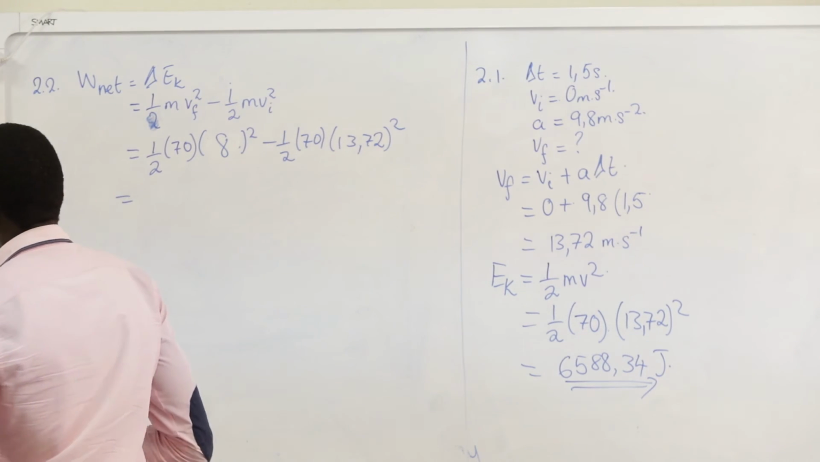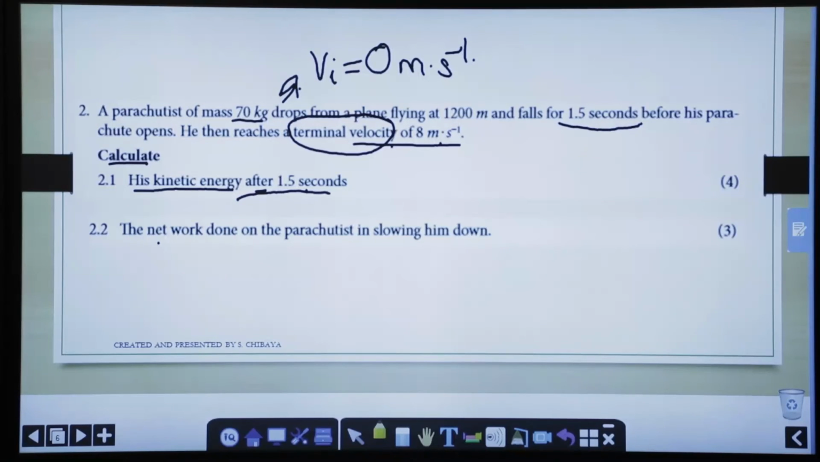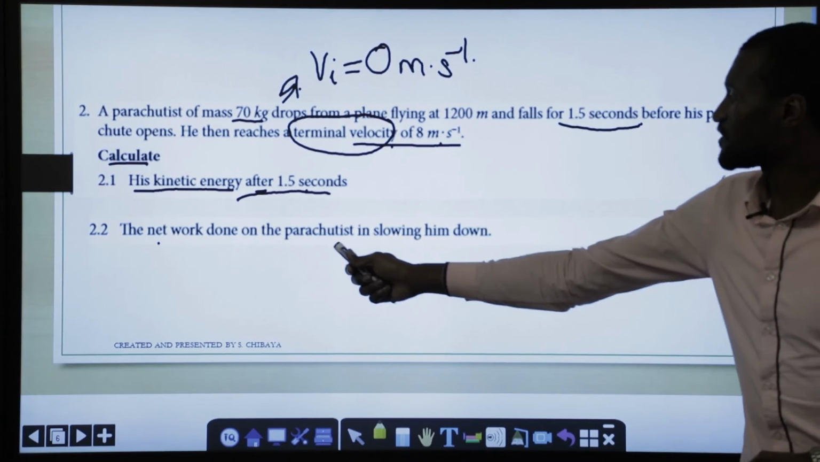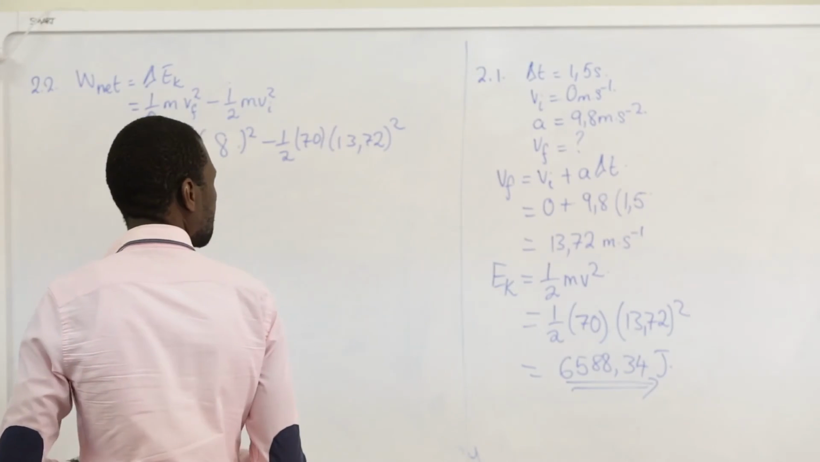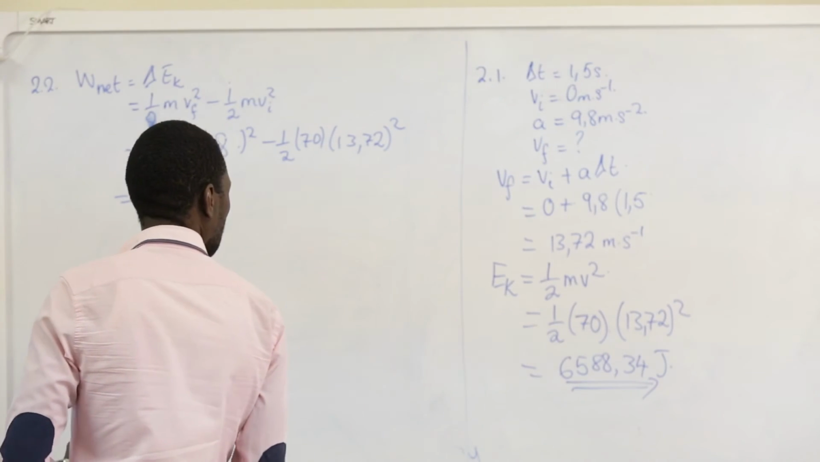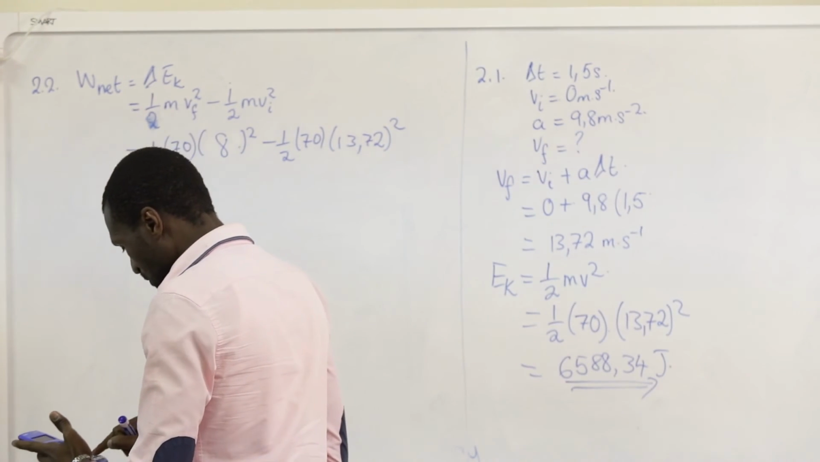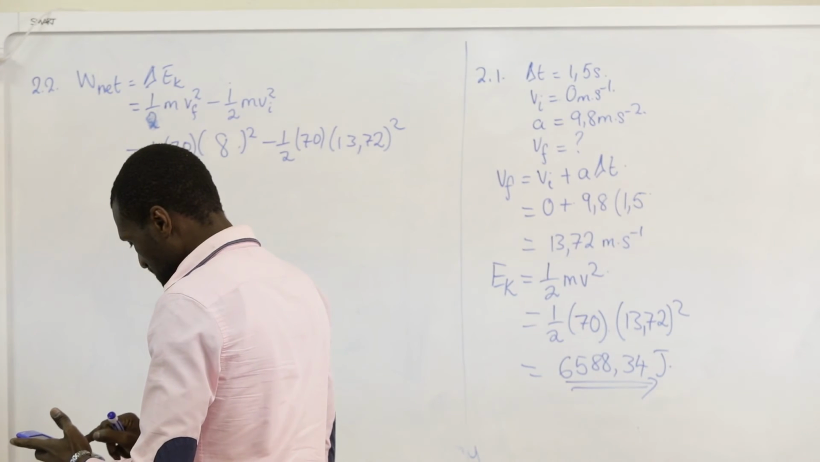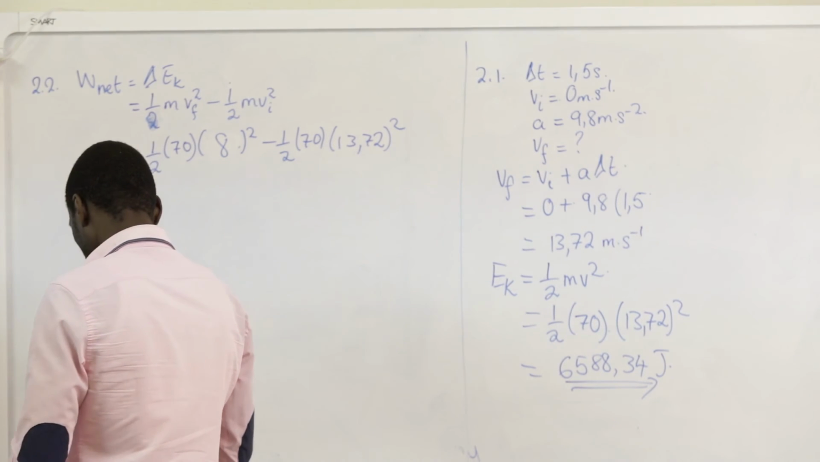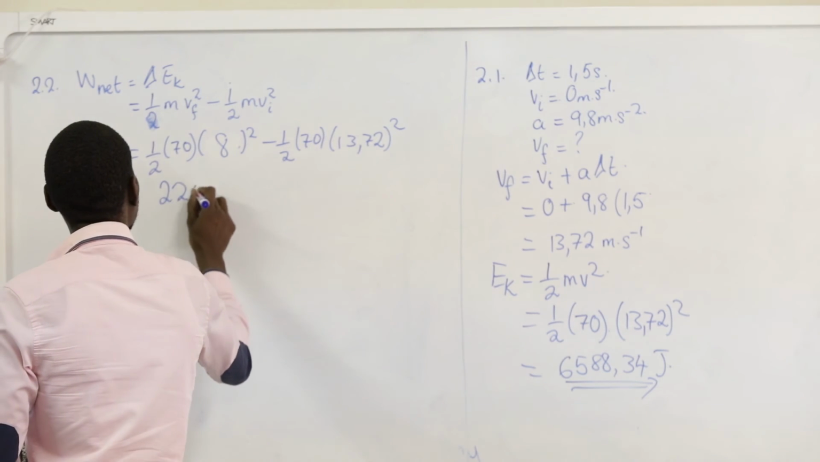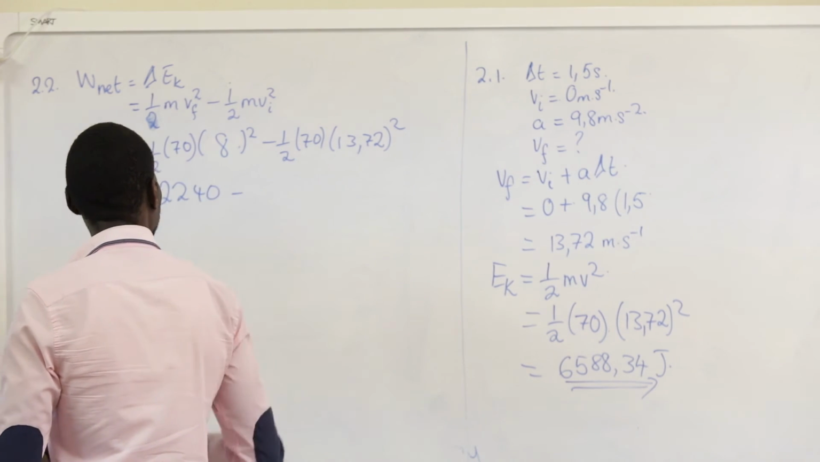Okay, so negative work is done. Why? Because there is a slowing down. So that really makes sense in this instance. Let's do the calculation. Half of 70 is 35, right? Multiplied by 8 squared. 35 times 8 squared is equal to 2,240, minus